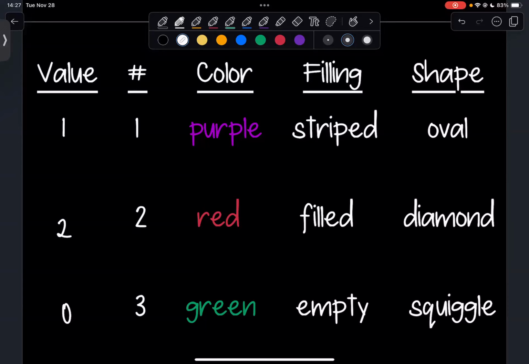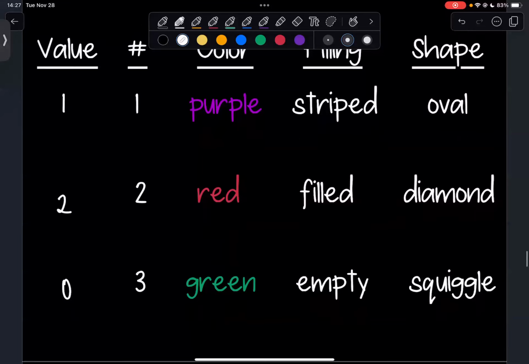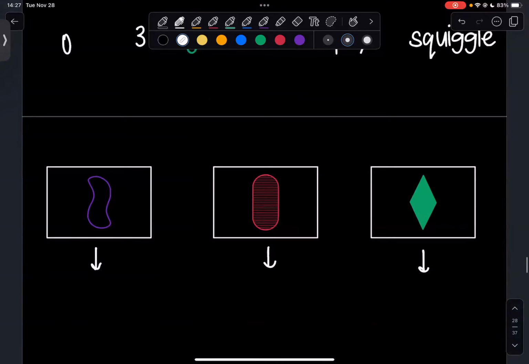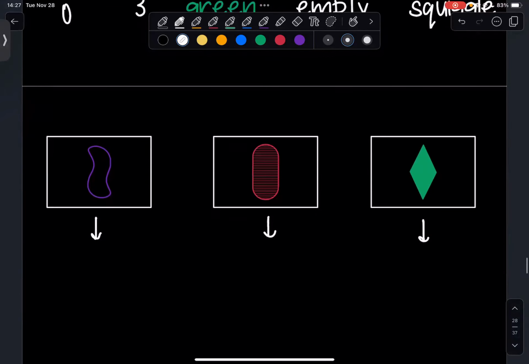So if it's 1, if it's purple, if it's striped, or if it's oval, it'll have 1 in the specific entry for that characteristic. And then for the second row, if it's 2, red, filled, or diamond, it'll have 2 in that specific entry. And then if it's 3, green, or empty, or squiggle, it'll have 0 as the value in the vector there.